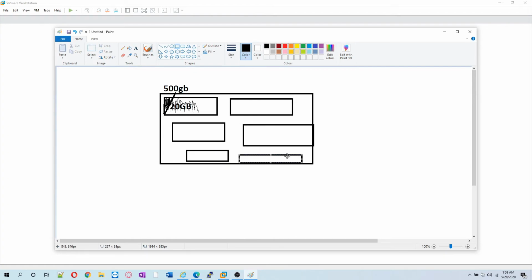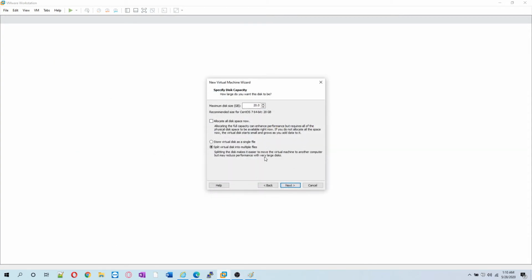If these disks get full, your physical disk will finish, and all the virtual machines will stop and they cannot run anymore. So you have to be a little careful when provisioning with thin provision. For the sake of this lab, it's okay, we can go with this one.